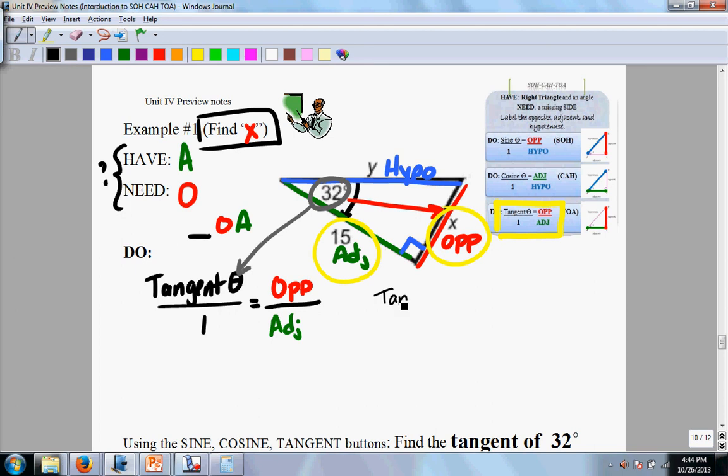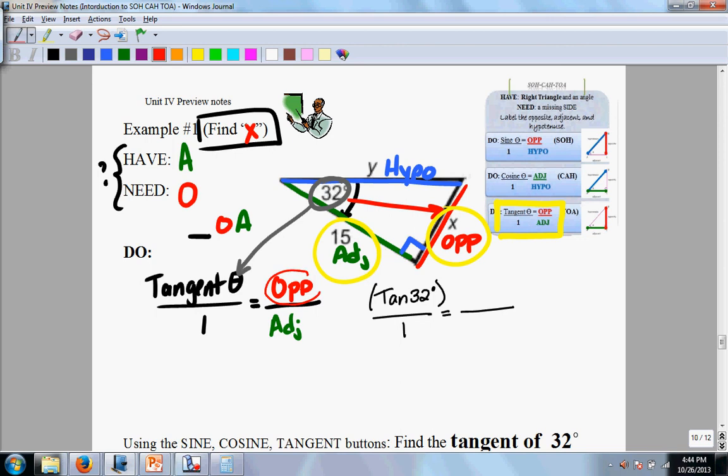Tangent, I'm going to just abbreviate tangent 32 degrees. Now put parentheses around that because it's not 32 degrees by itself. It's the tangent ratio of 32 degrees. Put parentheses around that, please. Over 1 equals